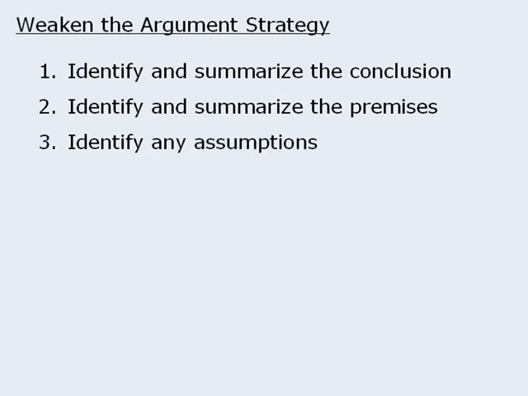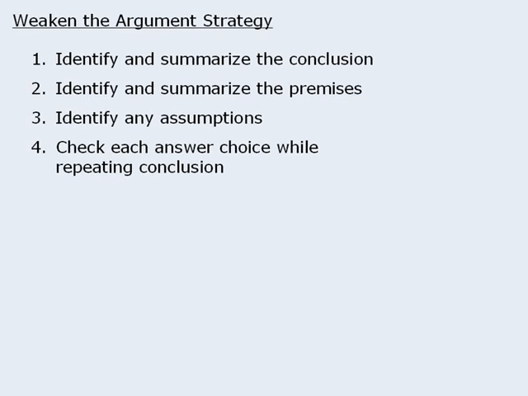At this point, we should try to identify any unstated assumptions in the argument. These are assumptions that are necessary for the conclusion to follow from the premises. This is a useful step, because the best answer in a weaken the argument question is often a new premise that undermines one of the unstated assumptions in the argument. Now, having said that, you should avoid spending too much time on step 3. For many arguments, there can be several unstated assumptions. So even if you identify 2 or 3 of them, it's quite possible that none of the answer choices are related to those particular assumptions that you identified. So really your goal should be to quickly identify an assumption or 2